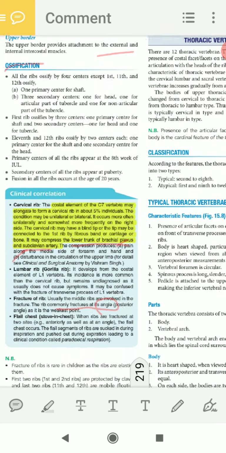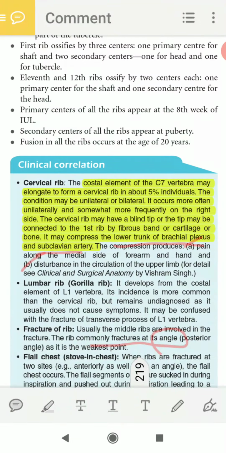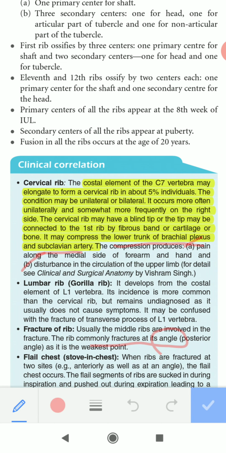Now come to one clinical anatomy. This is the cervical rib. Cervical rib we discussed in the previous lecture. The cervical rib is nothing but the costal element of the C7 vertebra, which may elongate and form a rib that is known as a cervical rib. It may be unilateral or bilateral, and it is most commonly found on the right side. The cervical rib has a blind tip that is connected to the first rib by a fibrous band or cartilage. That means the cervical rib is connected to the first rib via some fibrous band or cartilage, and it compresses